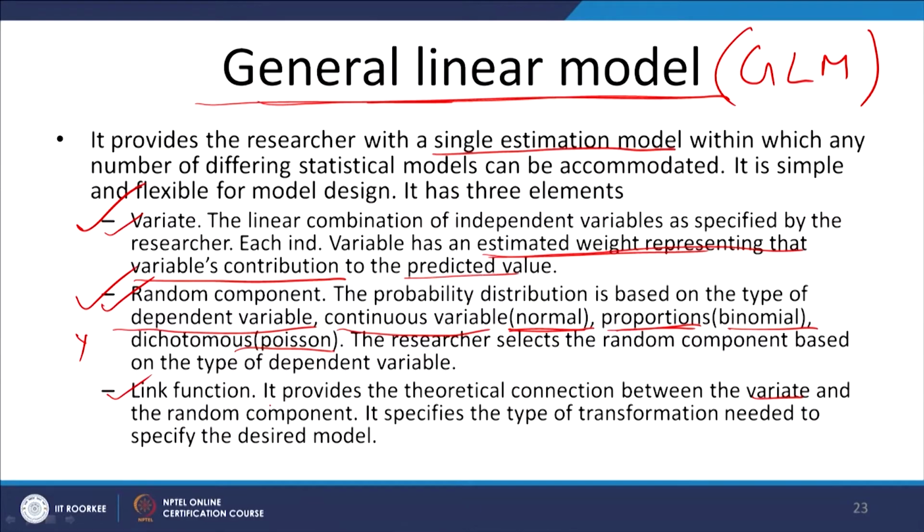Now, when the variables are not following a particular distribution and we want them to follow one, then we try to transform the data, right. So, we use a logarithmic transformation, a square transformation, a cubical transformation, inverse transformation. Here this link function helps you to do that. It specifies what kind of transformation is needed to specify the desired model. So, log transformation, logit, and identity are the kinds of transformations you generally talk about.